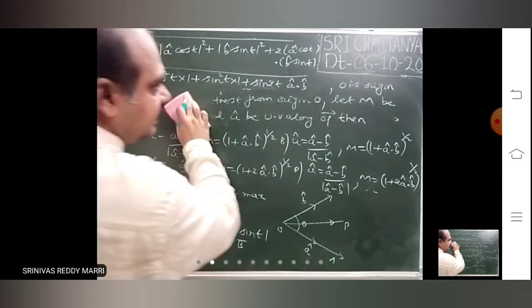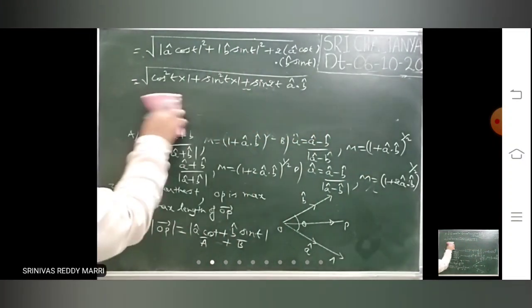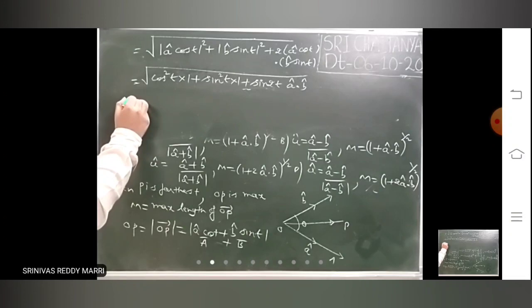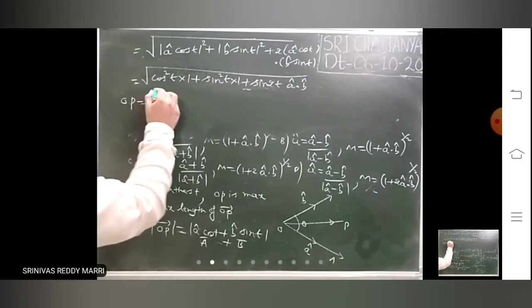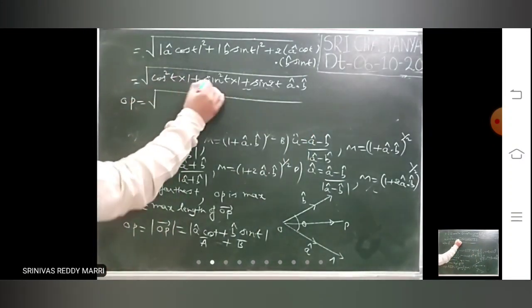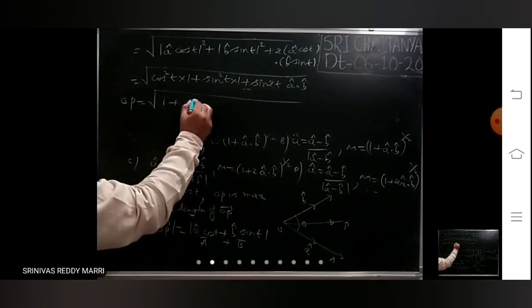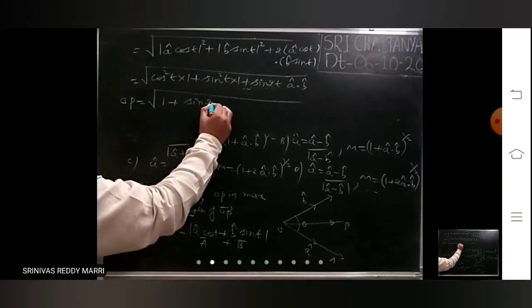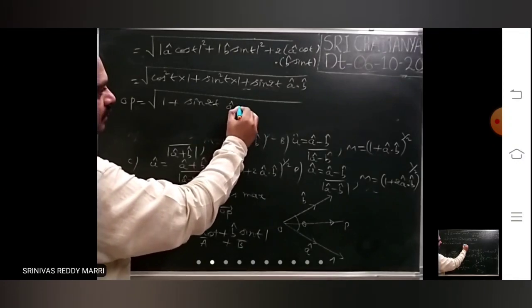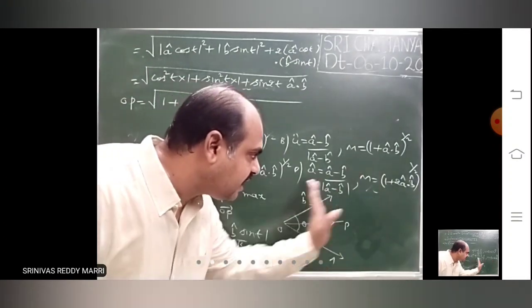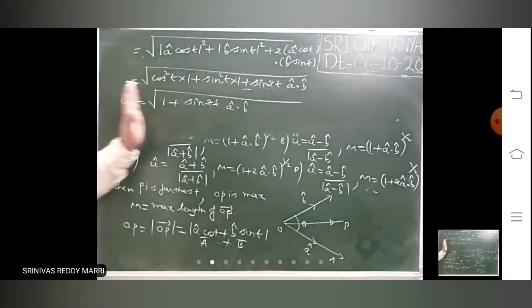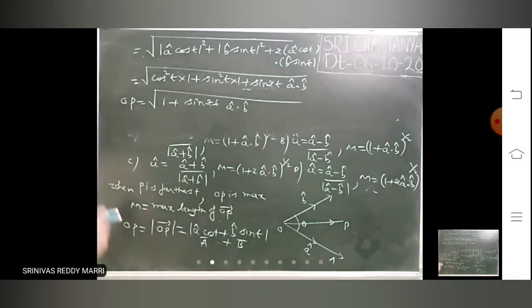So at any time, the distance of P from the origin is given by, that means at any time it varies according to t, root of 1 plus sin 2t A cap dot B cap. That means this distance OP varies according to time. If you substitute t here, you will get different values. That means, so M is what? Maximum value. So OP will be maximum